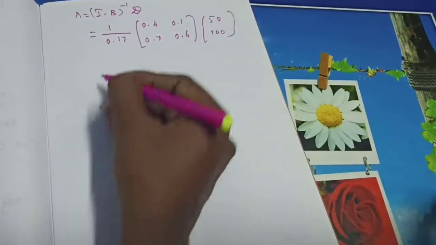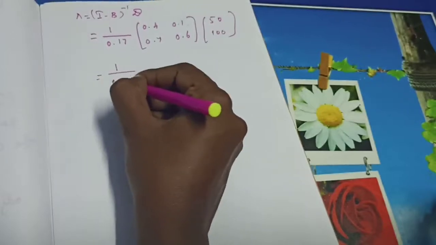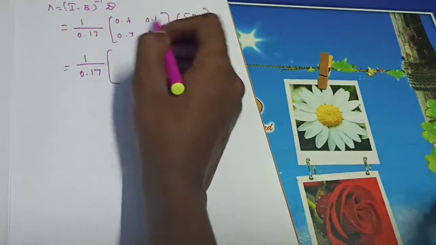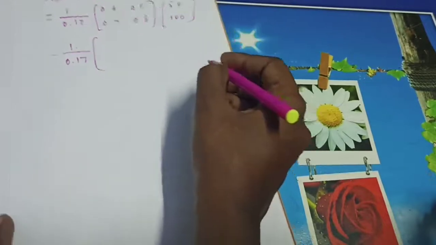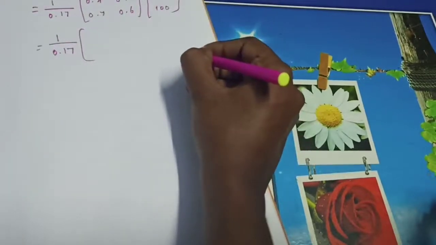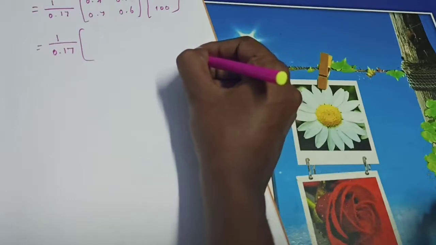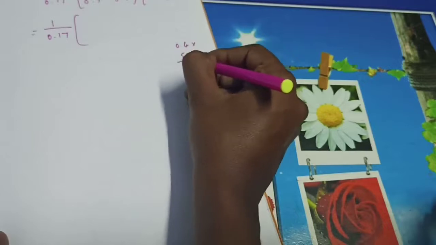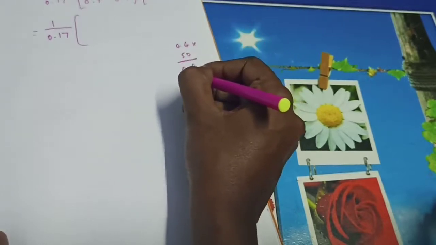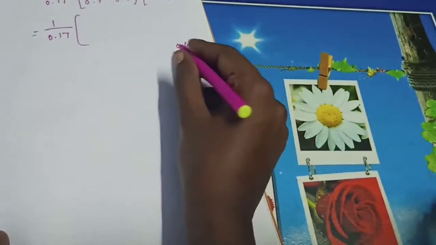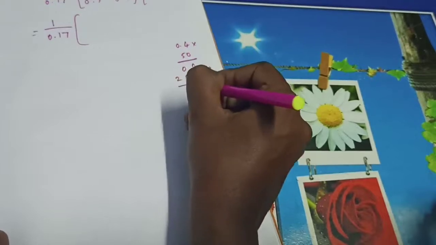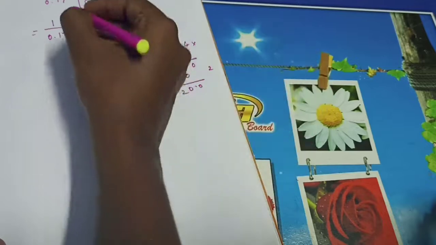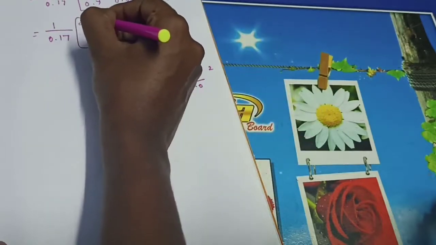So that's equal to 1 by 0.17 into, by row-by-column method, 0.4 into 50. 0.4 into 50: 4 into 5 means 20, correct? So how much will we get? 20. Then plus